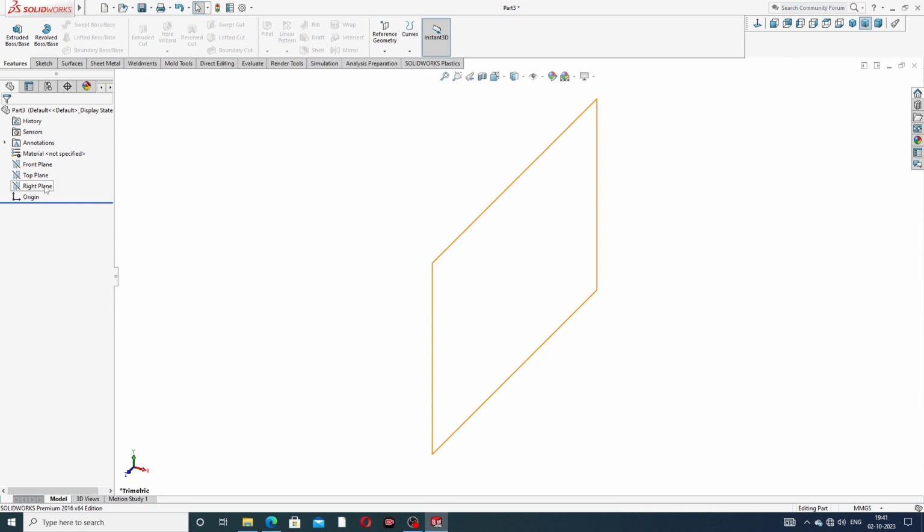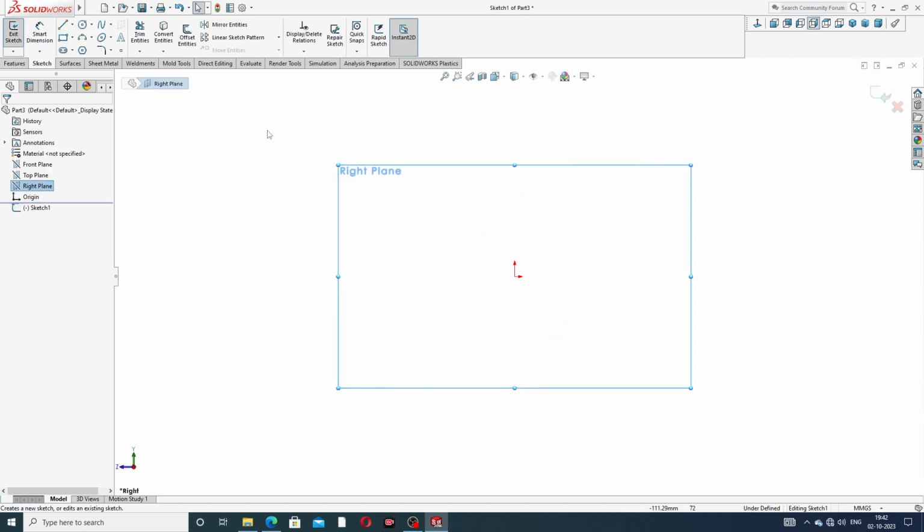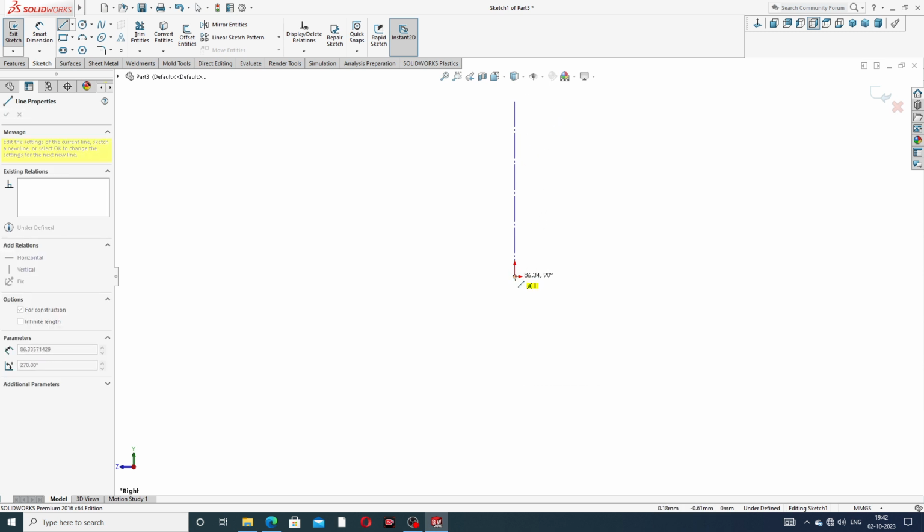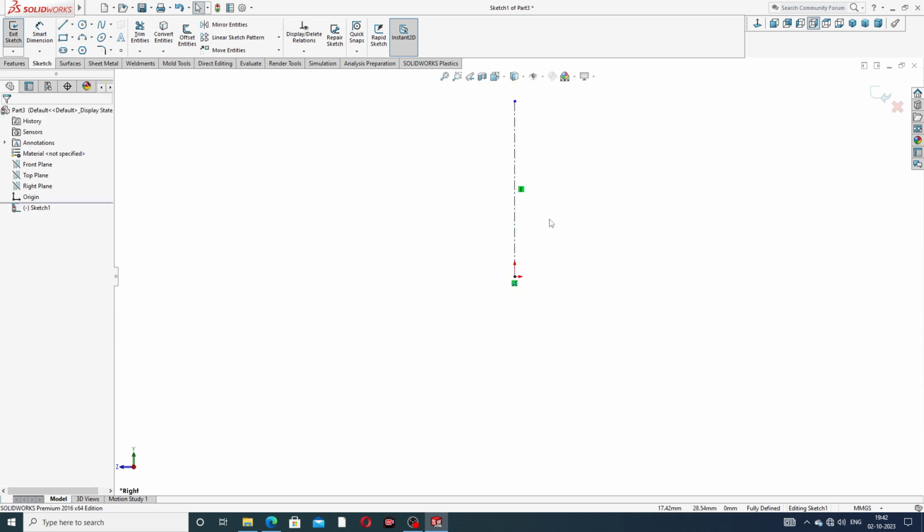At first select the right plane, and the sketch reference line is drawn here easily. A line is this, connect to this.